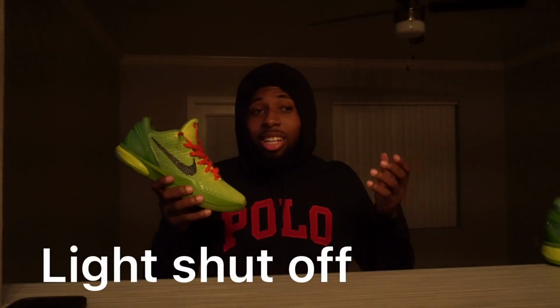I can't even hoop in them anymore. They're great walk-around shoes. They look good everywhere I go. So, I guess technically I get to wear them more and keep them clean longer because I'm not hooping in them. But it still sucks that I paid that much and I can't go play basketball in these shoes. So overall, if I were to rate that out of 10,